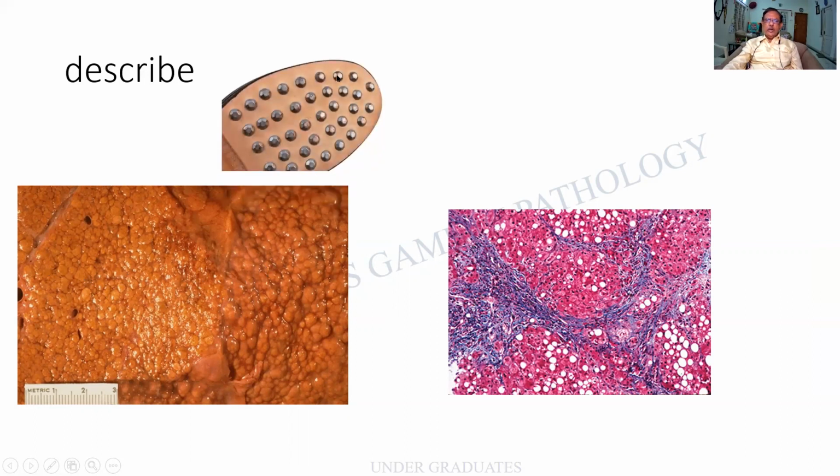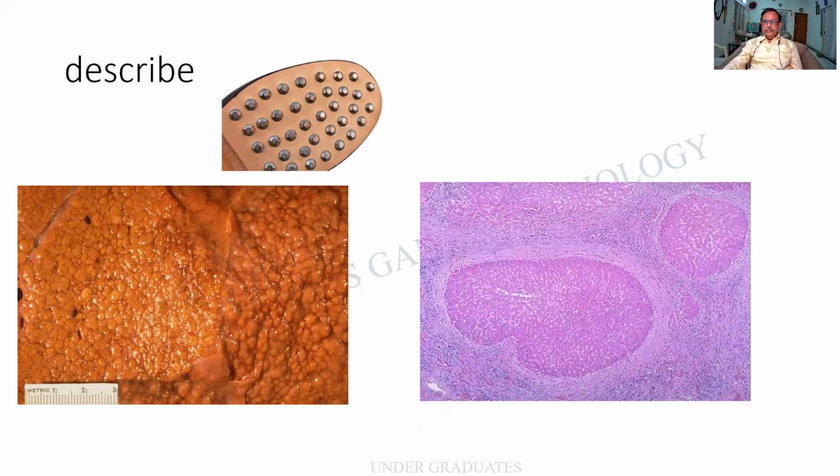And this is a classical hobnail. This is a nail on the shoe which prevents it from wear and tear. That kind of appearance the liver has, and hence it is called a hobnail pattern. This kind of slide can be kept as a chart for you. I'm finding multiple nodules, no central vein, no portal triad, broad bands of fibrous tissue that are separating. This nodule is quite small. Hardly any inflammation or necrosis can be seen. So this is a case of cirrhosis.